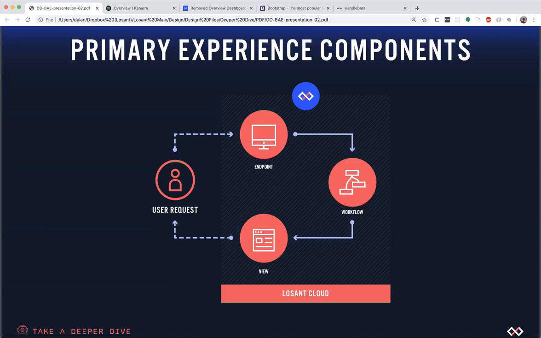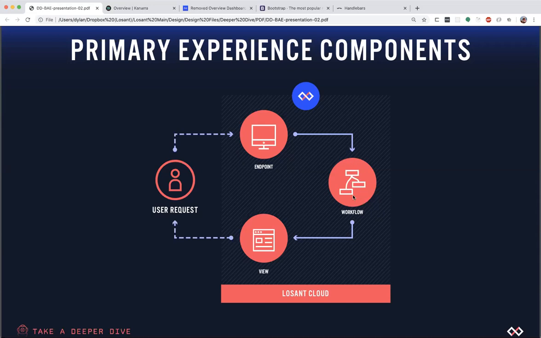And that workflow, it can do a number of different things. It can query your application to find some additional data to return specific to that user. It can redirect unauthenticated users to other parts of your application. It kind of serves as, for my web developers who may be on the call, the middleware, the application layer right here, whereas the endpoints up here would be more like the web server. There's a little bit of basic auth middleware built into endpoints also, but you can also handle a lot of that inside of your workflows down here.